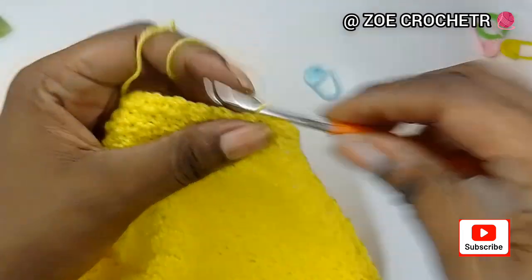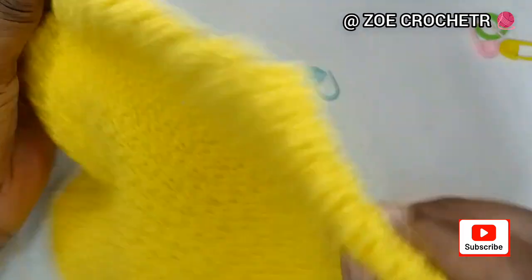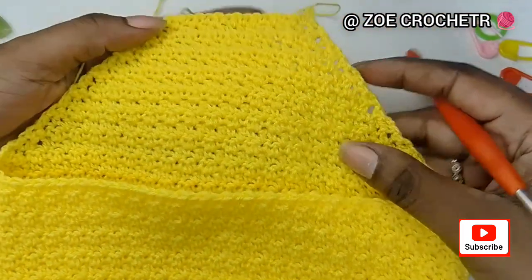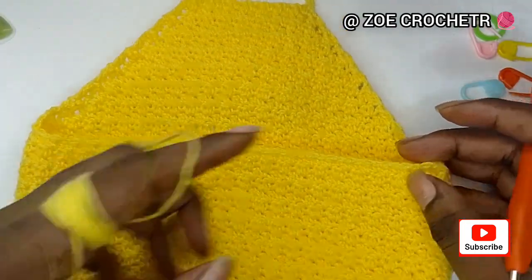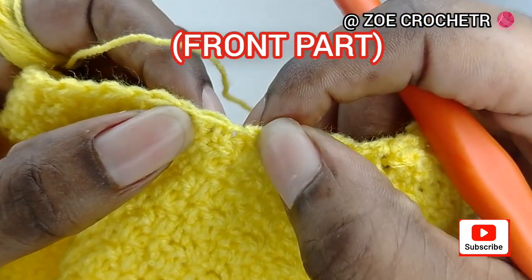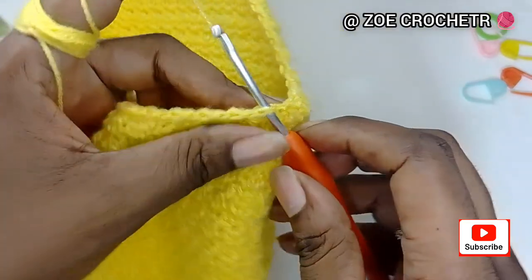Okay, so you're just going to repeat this and I'll meet you at the end here. When you're done with this extra row, you can fasten off your yarn, and we're going to start with the front part. Okay, now we are done with the back part. We're going to work now on the front part, and of course in front here I have a total of 52 stitches. Okay, so you can see that this stitch here is already used. You're going to come here where it is free, and you're going to insert your hook there. Bring your yarn,